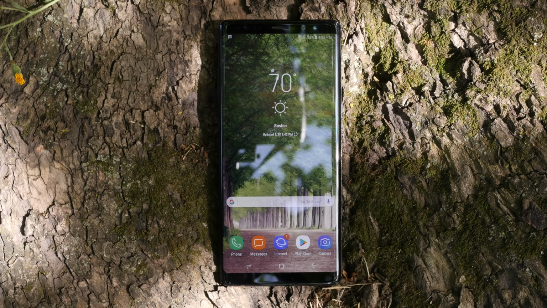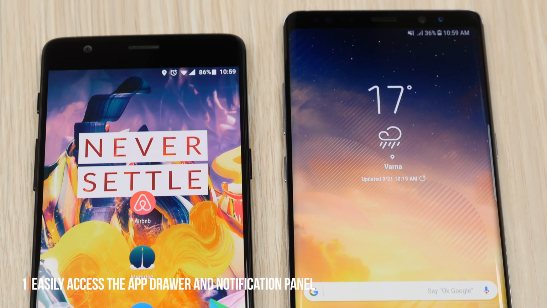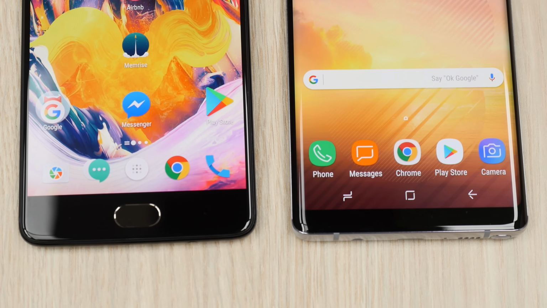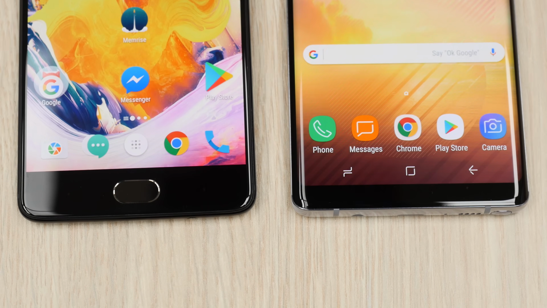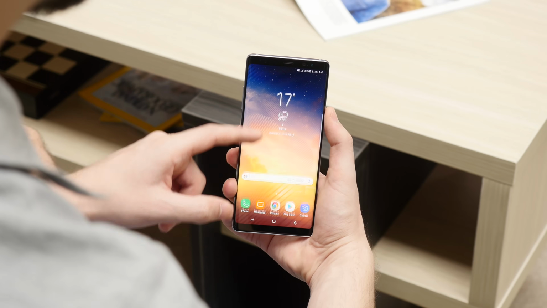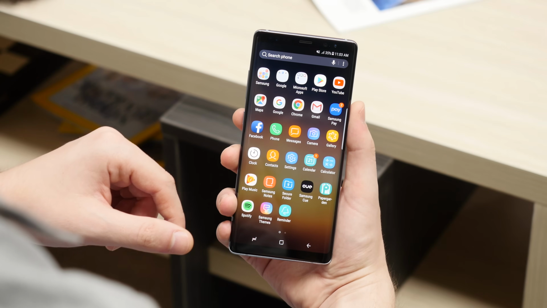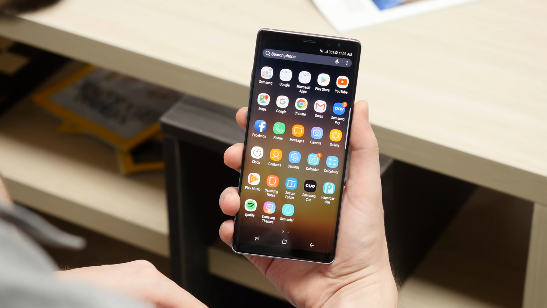Let's start with the basics. If you're transitioning from another Android phone, you might be surprised by the fact that there is no on-screen app drawer button present on the Note 8. To access this section of the phone, just swipe up from any part of your screen. You can also swipe down to access the app drawer, but we believe that there is a better use for